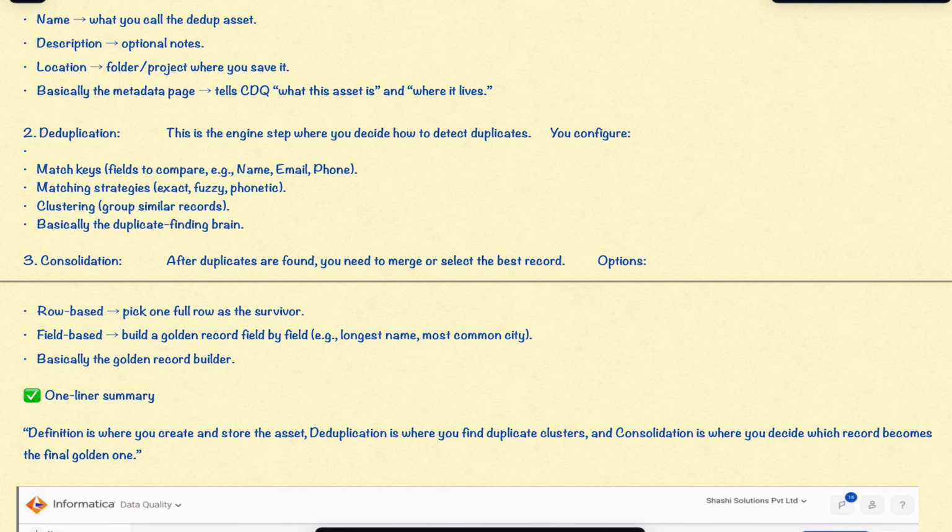So Informatica will have some algorithms like fuzzy logic, exact match, fuzzy match. These are all the algorithms that Informatica uses behind the scenes to match whether the two records are equal or not. In the fuzzy match, I'll give you what happens in real time. In the back end, they store the data. Two different customers have been stored by Informatica. And to identify whether the two records are duplicates or not, what it will do,